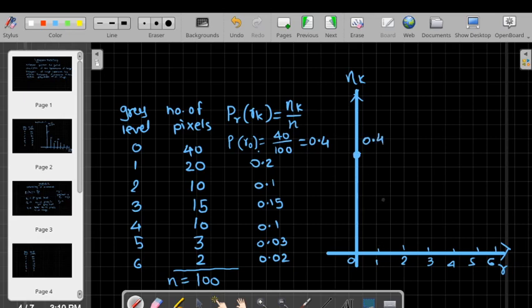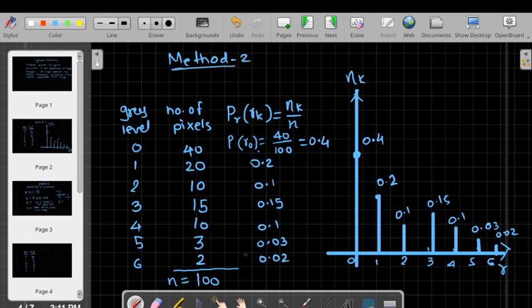For gray level 1, 0.2. For gray level 2, 0.1. For gray level 3, 0.15. For gray level 4, 0.1. For gray level 5, 0.03, and for 6, 0.02. So it is 0.4, 0.2, 0.1, 0.15, 0.1, 0.03 and 0.02. So this is the histogram by using our second method, where we are going to calculate the